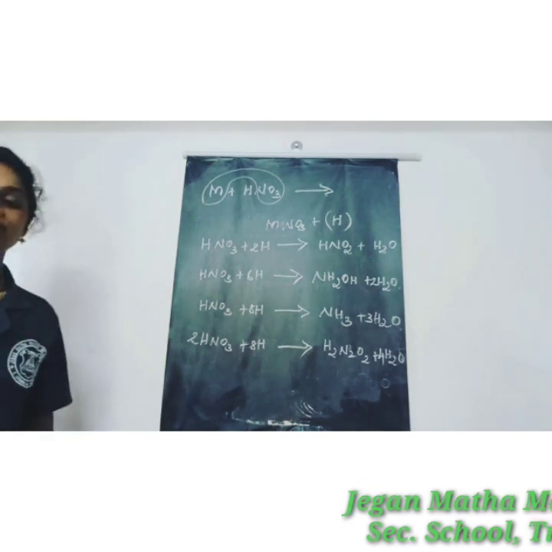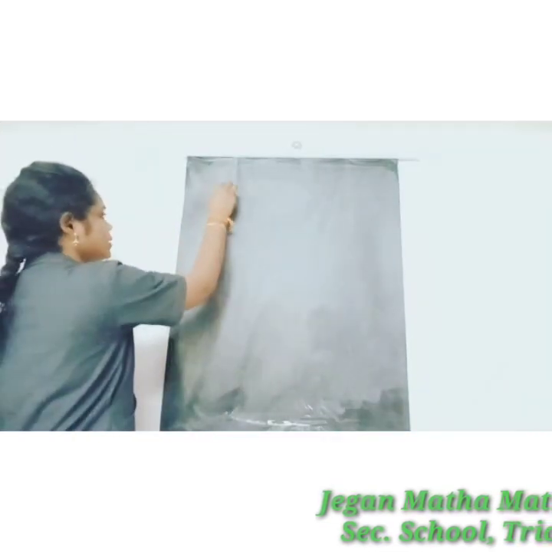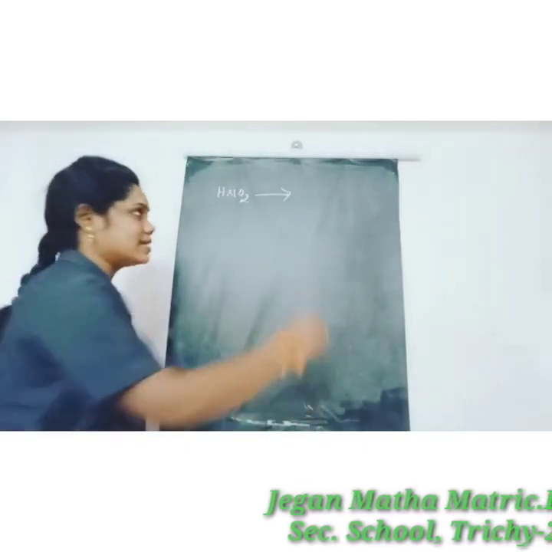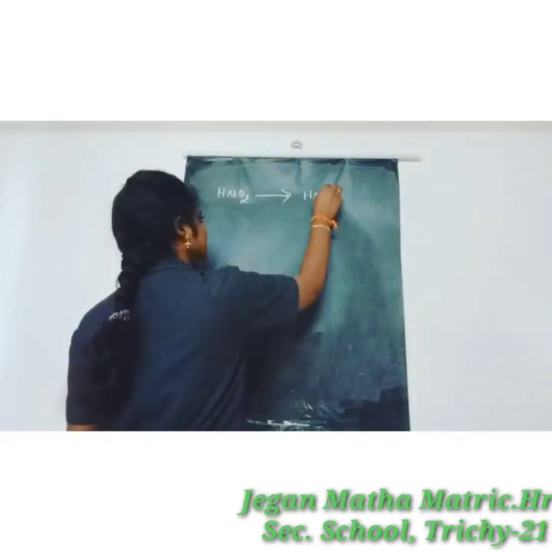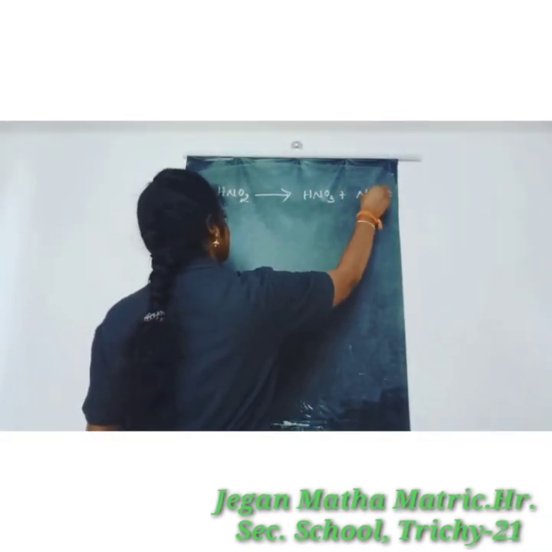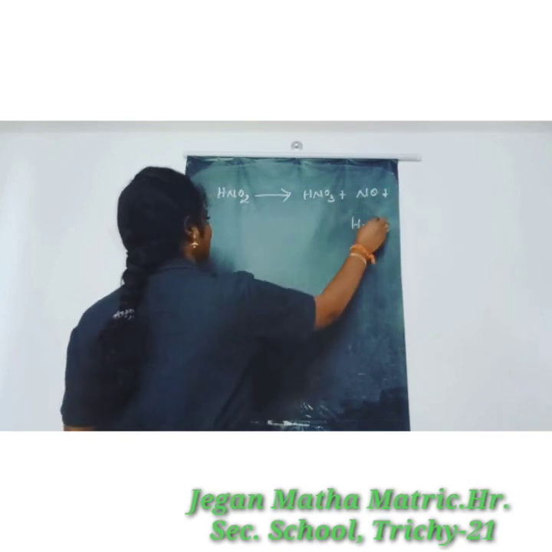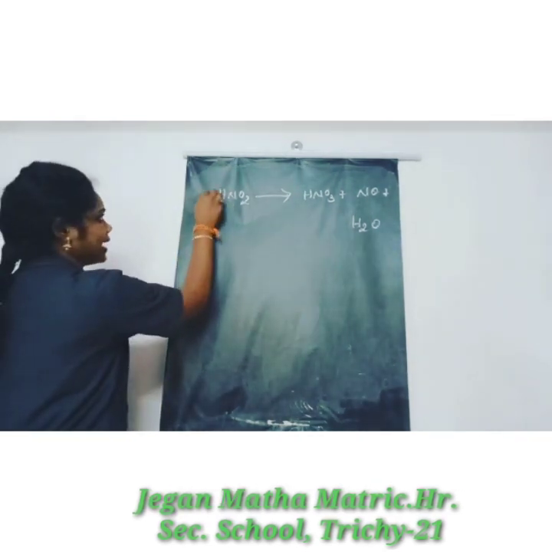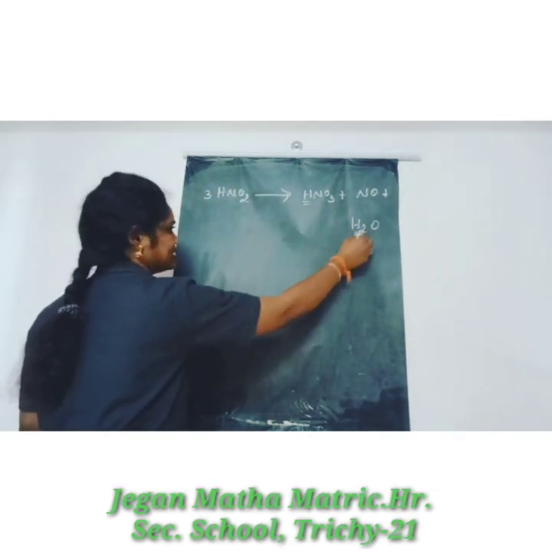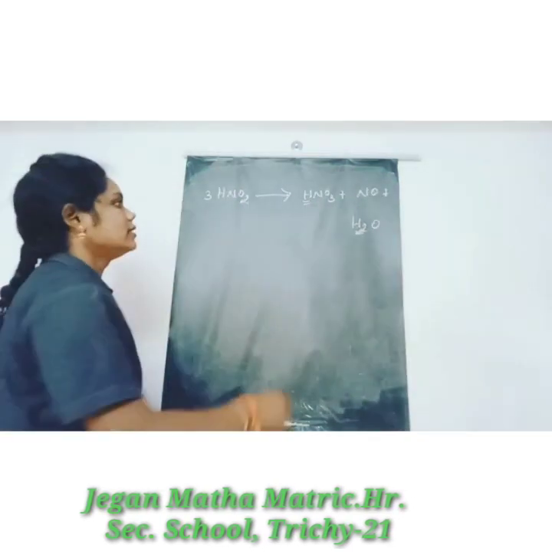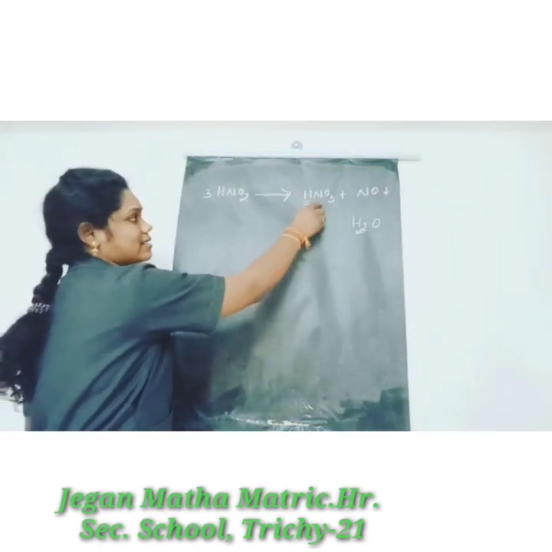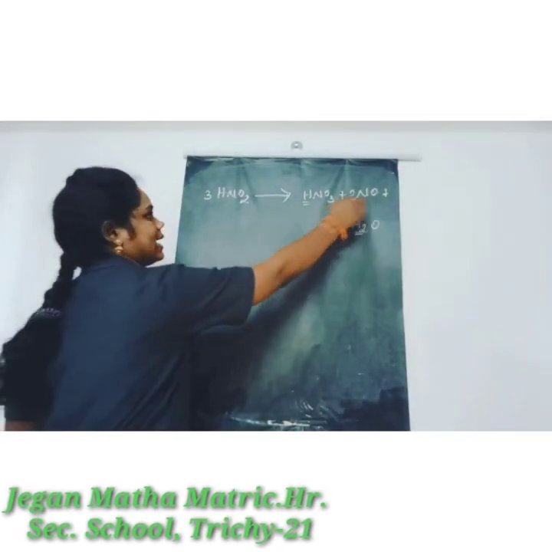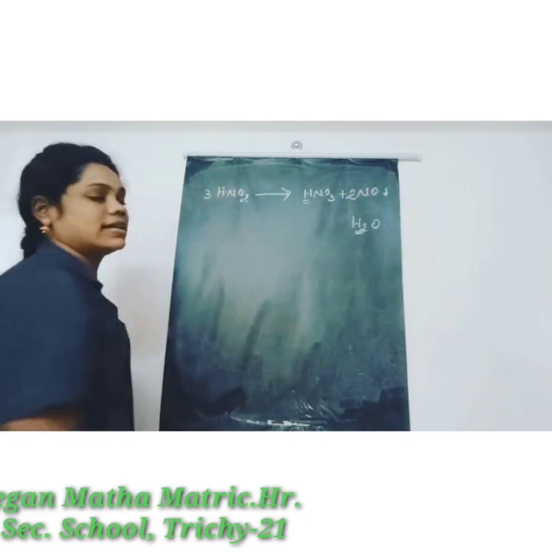Okay, let us see the equation. Here HNO2 is taken. It decomposes and converts into nitric acid, that is HNO3, plus NO nitric oxide plus H2O water molecule is formed. Okay, how is this equation balanced? So here I take 3 times HNO2 because here 1 hydrogen, here 2 hydrogen. So 3 times hydrogen. So now nitrogen is here 3 times, but nitrogen here only 2 times. So here 2 times plus 1 means nitrogen 3 times, and oxygen 3, 4, 5, 6. So here also oxygen is 6 times.